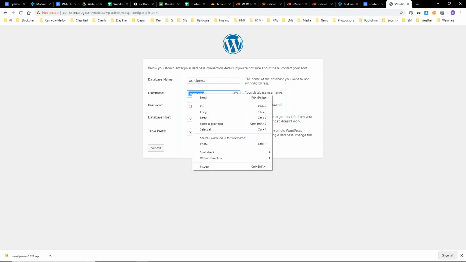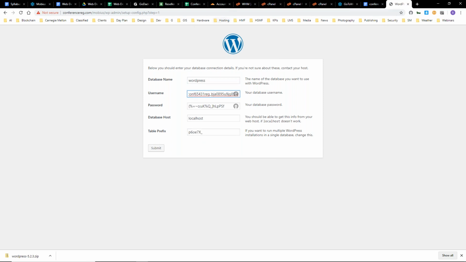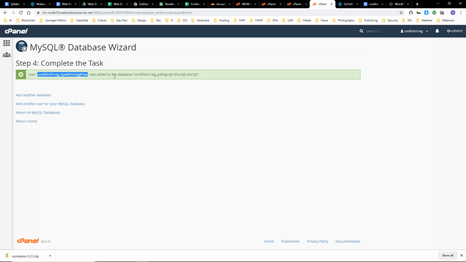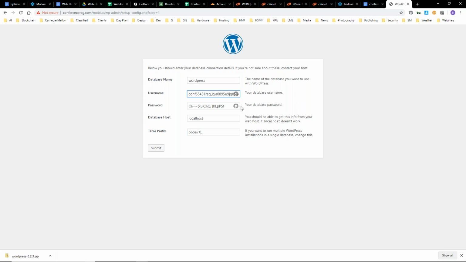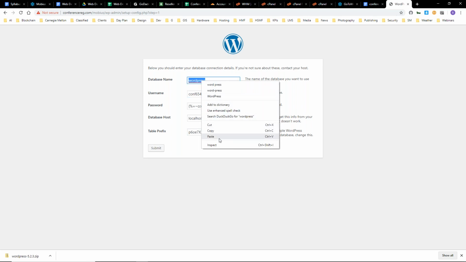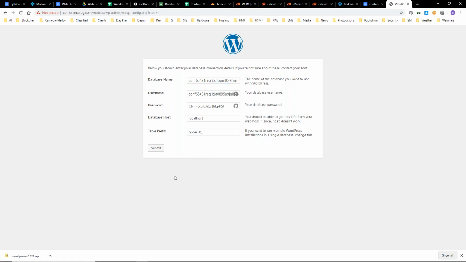So there was the username that we just copied. And now we want to go back and grab that database name, which is here. Again, everything between the quotation marks. Okay, so we should be good to go. And what's going to happen here when I hit submit is this is what lets WordPress connect to MySQL, the database we created, and that'll make that what's called a dynamic website where information can go back and forth between a database and the front end user. And so I hit submit,